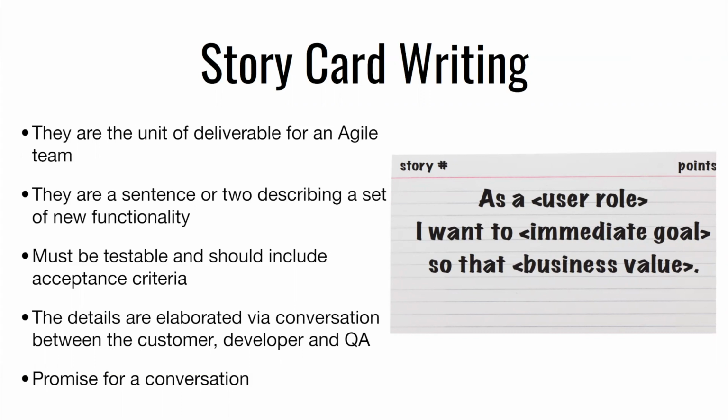But the details are elaborated via a conversation between the customer, a developer, QA, whoever's involved in creating this thing, and whoever's involved in building it, plus whoever's connected to the customer itself. Usually it's the product owner in the Scrum world. So this idea of a promise for a conversation, we're trying to get the folks that typically are disconnected in a lot of traditional business structures, the business side of the business and the developing or the software, the technology side of the business. The idea behind story cards was to bring these two sides together and have them communicating